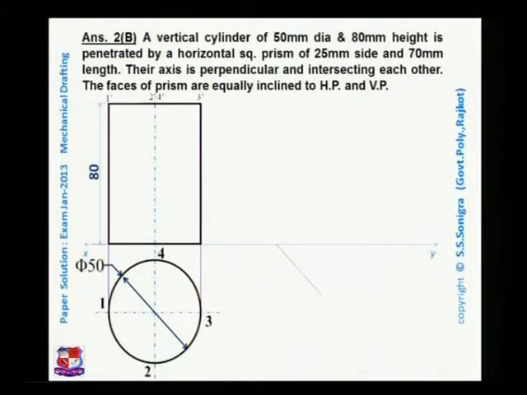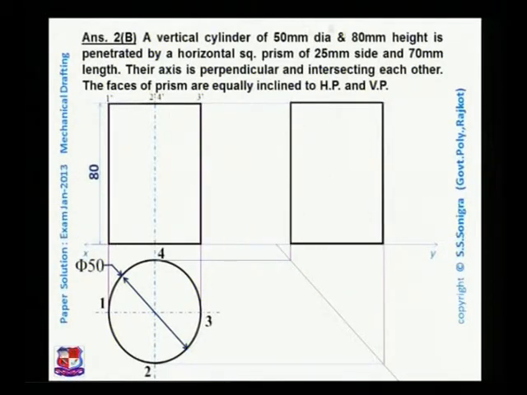Now the next step is to draw the side view. To draw the side view of this cylinder, first we draw a line at an angle of 45 degrees with the XY line, to the right side of this circle, that is, to the right side of this top view. Draw a line here at an angle of 45 degrees. Then draw projection lines from 4, 2, 1 and 3, and these projection lines will cut the 45 degree line at 2 points, and from those 2 points draw vertical lines like this and complete its side view.